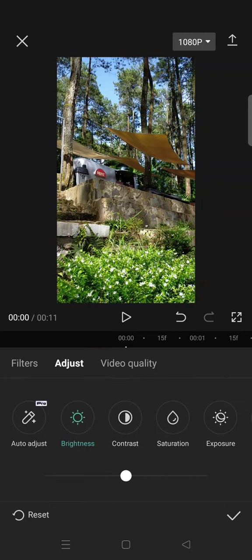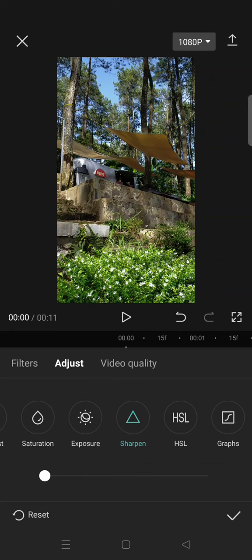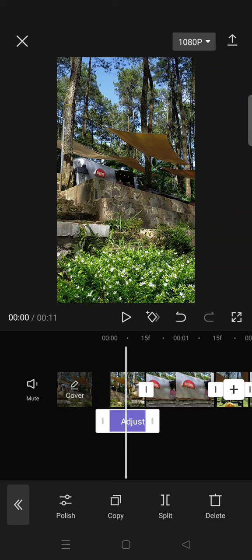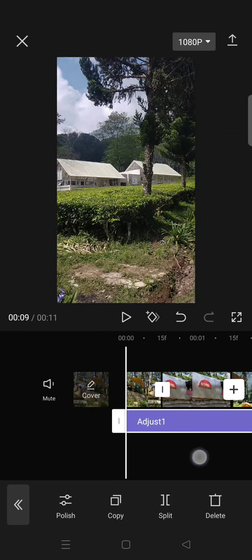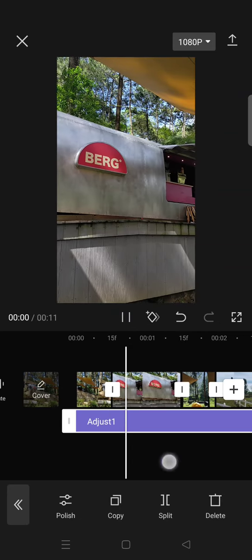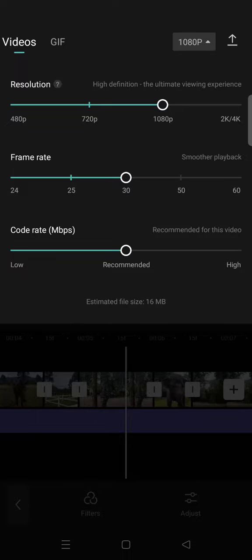So for the brightness, lower it to -5, contrast -10, then increase the sharpen of the video to 50, and now you can just click on a check icon and set the adjustment for all of the clips like this. And after that, you are done, and you can just export the video with 1080p resolution and also 30